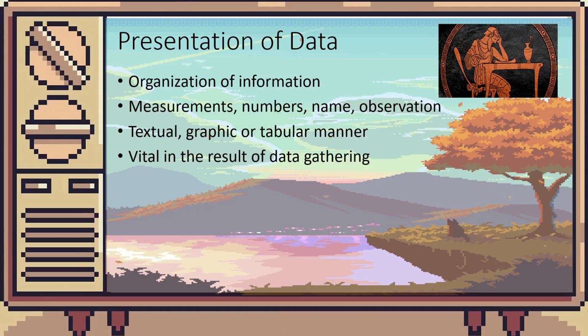When I say easily digestible, that means that it could be understood by a person at a glance, without studying the entire research, no? They don't need the entirety of the background of your information and knowledge in order for them to understand what is the point of that research that you have, what your research data points mean. Those things are important so that you will be able to make sense of it. Therefore, we need to have a proper method in doing so, no? It is vital in the results of data gathering.